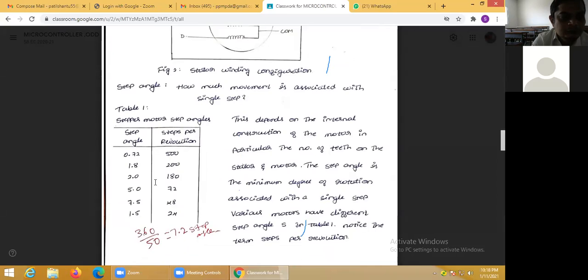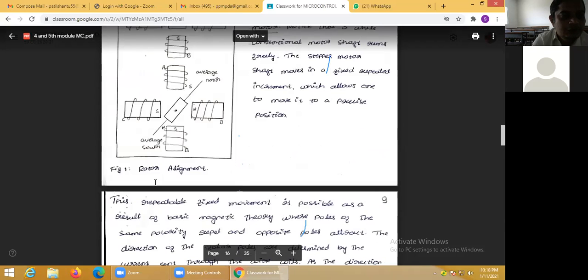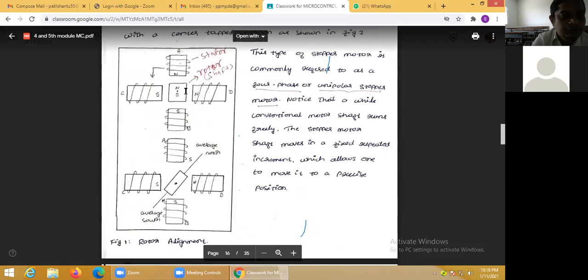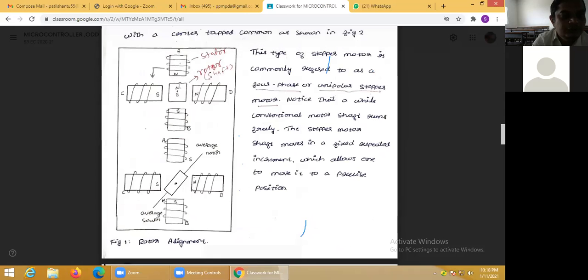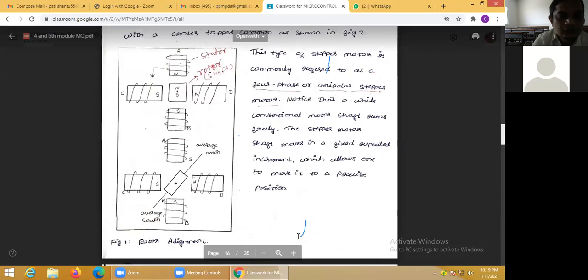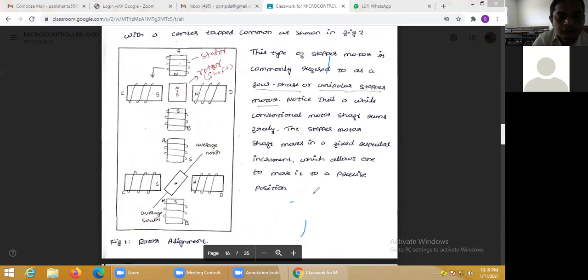Step means the stepper motor operates stepwise, only in steps, there is no continuous movement here, you can observe. How much is this step angle? So this is the stepper motor, and this is the center point. How much angle will it require